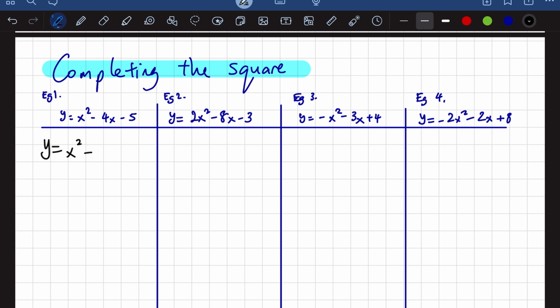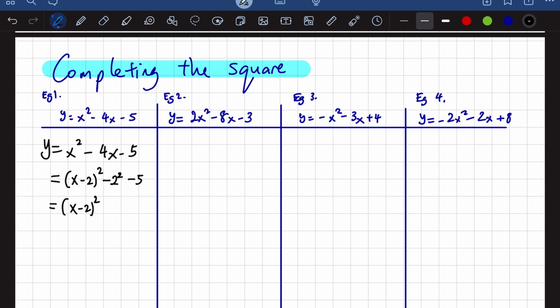Now, let's look at the first example. We're going to look at y equals x squared minus 4x minus 5, and notice that we can complete the square first by removing 1x each from the x squared term and the 4x. And then we're going to halve the 4 to get x minus 2, and then we put the square on the outside. Now, notice that when you expand that, you actually get x squared minus 4x plus 4, and that plus 4 doesn't really exist in the original equation. So we're going to minus 2 squared to effectively minus the plus 4,